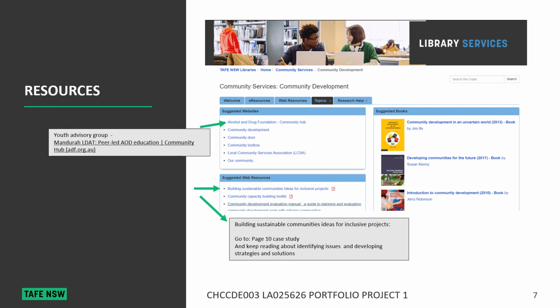And then just further down the page, the document Building Sustainable Community Ideas for Inclusive Projects. It has some case studies as well. And if you go to page 10, you'll read a case study about a community garden. So a group of people living in government housing apartments. Have a look at that, and also read the following pages after the case study because it highlights what the issues were for that group and then what the strategies were that they developed,